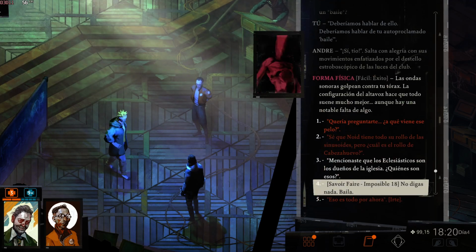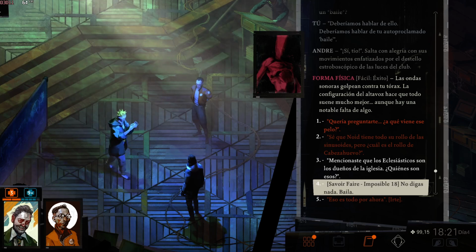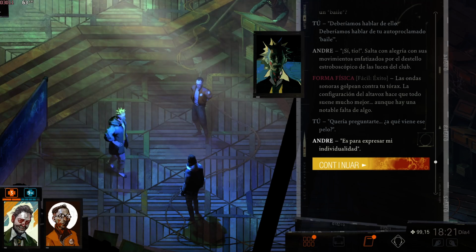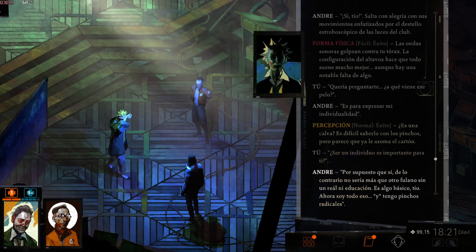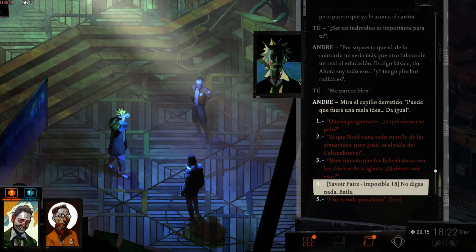Audio waves thump against your ribcage. The speaker setup makes everything sound much better, but there's a noticeable lack of something. It's to express my individuality. Is that a bald spot? It's hard to tell for sure with the fused together spikes, but it looks like he's balding. Of course it is. Otherwise, I'd just be another poor guy with no education and no money. General issue, man. Now I'm all that, and I have radical spikes. Maybe it was a bad idea. Anyway...